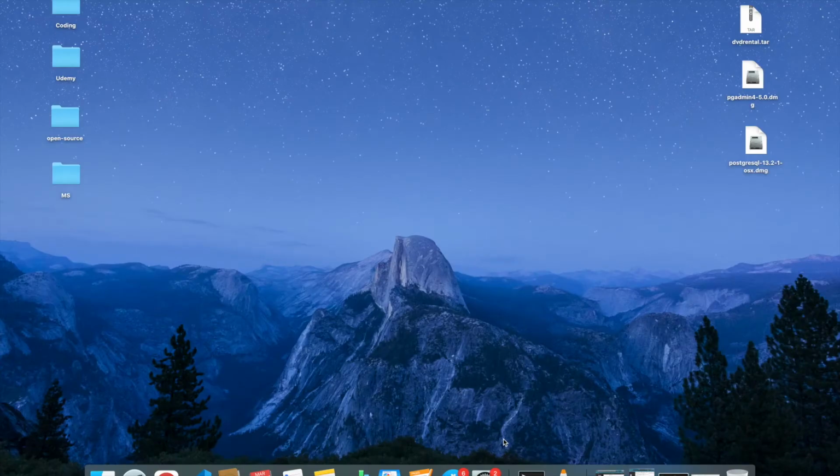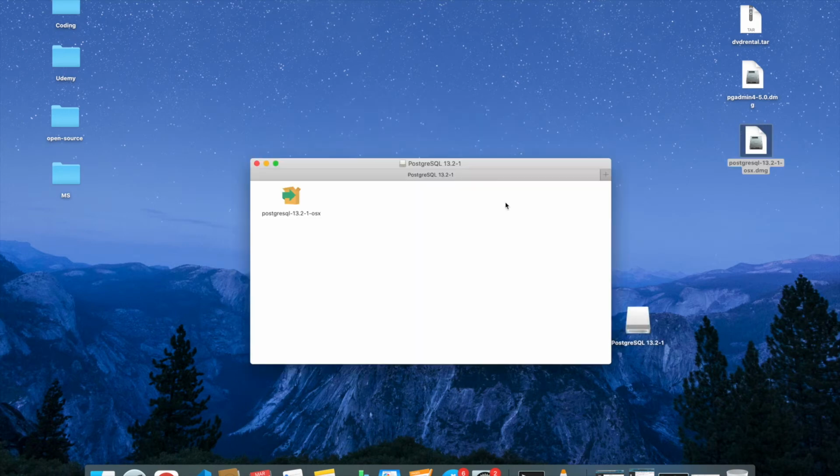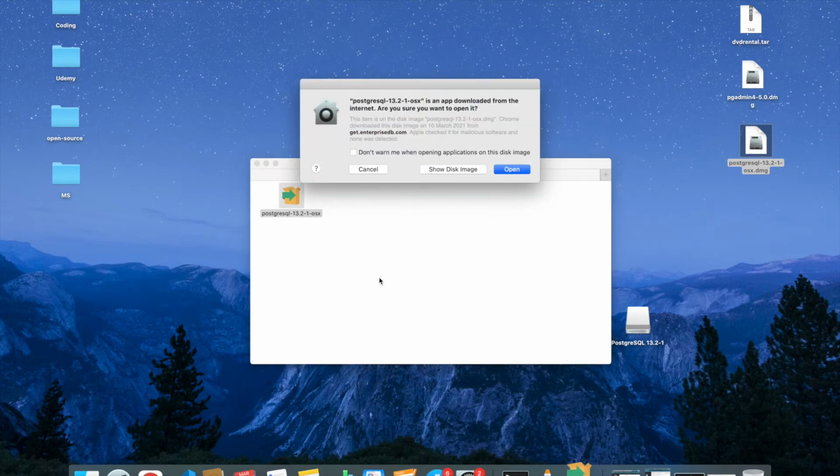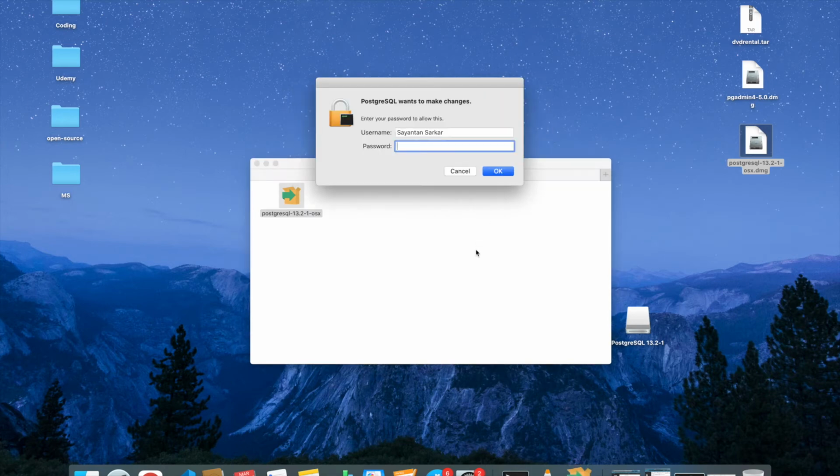Okay guys, so once you have downloaded, you will be having these three files: the main DVD rental.tar file from the website, and these two DMG files, the pgadmin and the PostgreSQL. What you have to do after this in Mac is install PostgreSQL. So click on PostgreSQL. It will start opening it up. Again, click on this OS X. It will ask whether you want to open this or not. Click on open, type in your password,